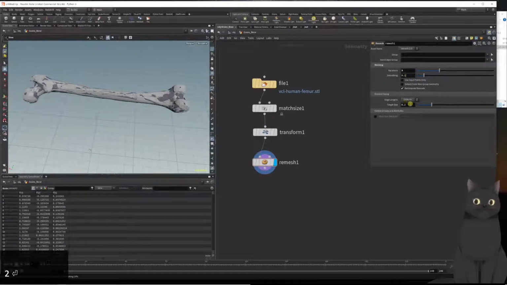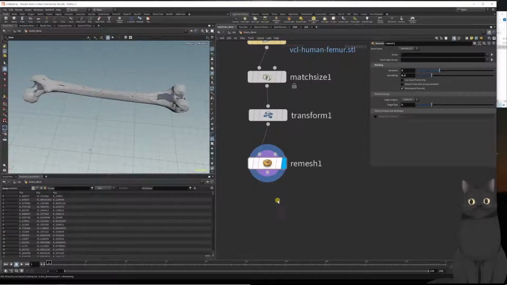And now we have fairly even distribution, but we still have these. (Japanese) ミスト。毎度のことながらリメッシュ重いな。